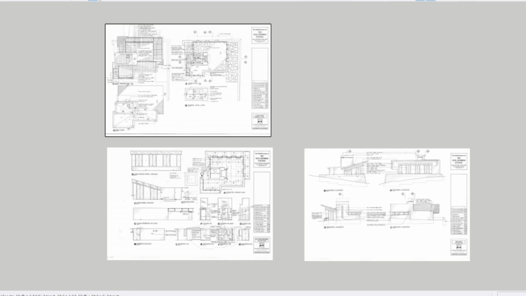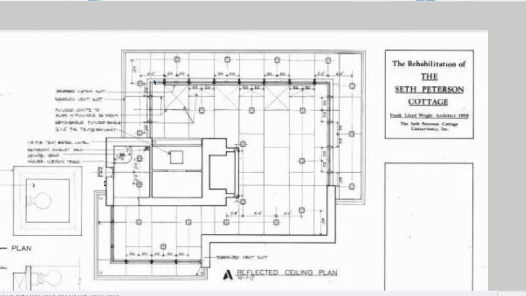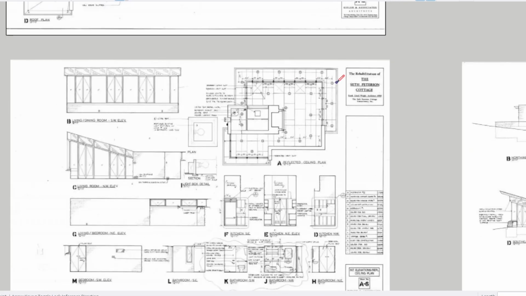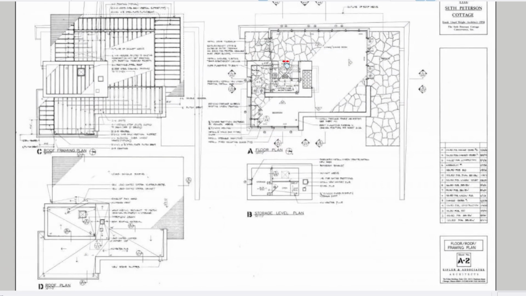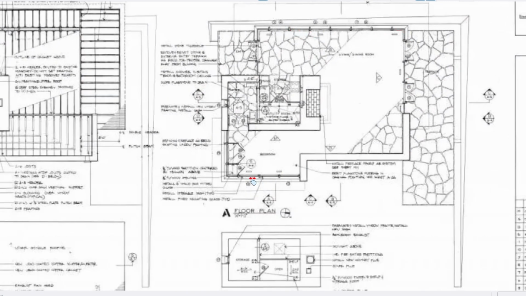Plans for this little cottage are available fairly easily on the internet. In order to scale them, I knew these ceiling panels were 4x8s, and so I just took 6 or 7 of them in a row times 4 feet to scale the size of the drawing, so that I had both a floor plan and a roof plan and all the detail plans I needed in a scale model. I was able then to go around these plans in scale, and here I am just sketching out the